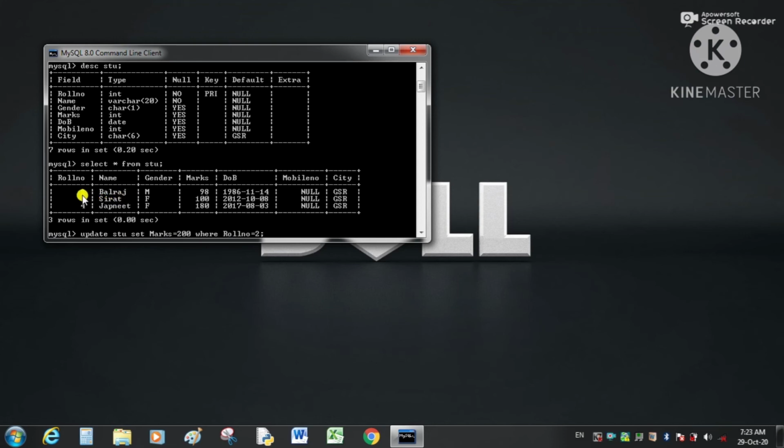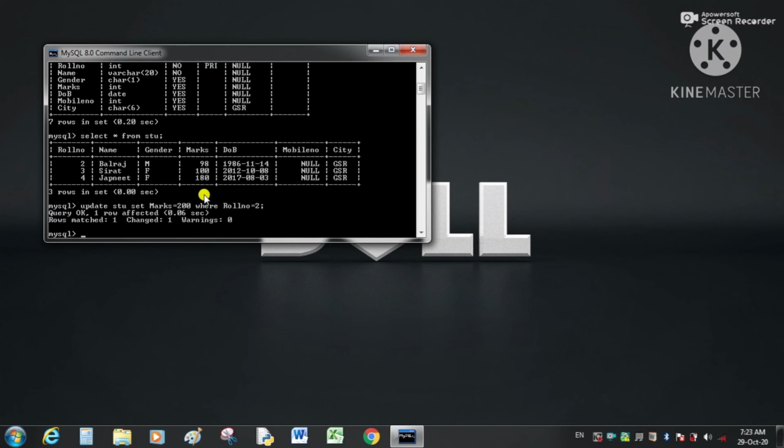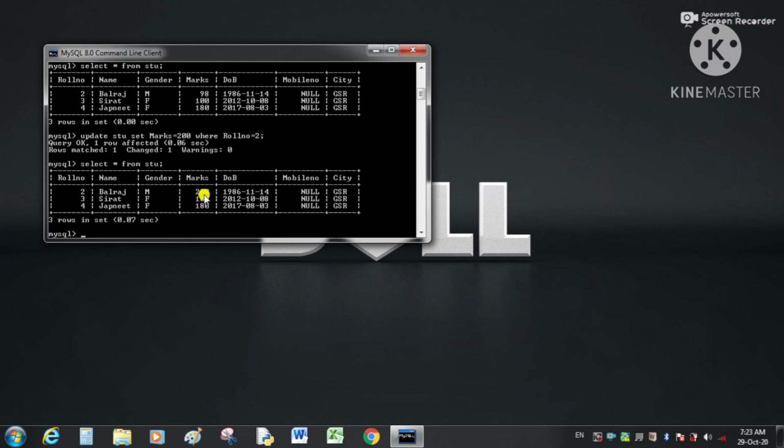Here the roll number is 2 and this 98 will be changed to 200. Enter. Now we will see the data again. Select star from stu. Now you can see the marks has been changed to 200 from 98.